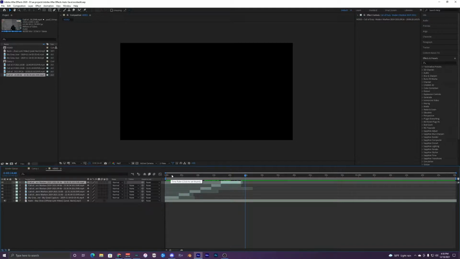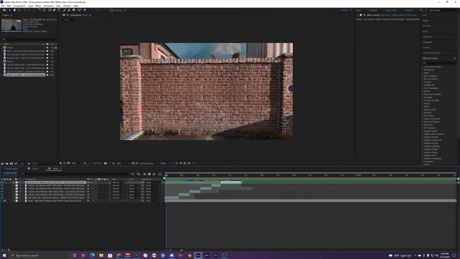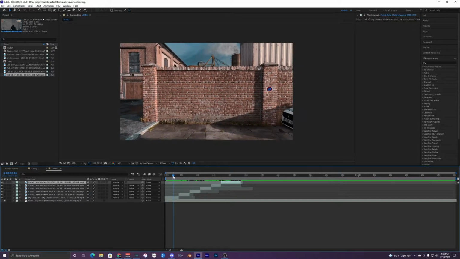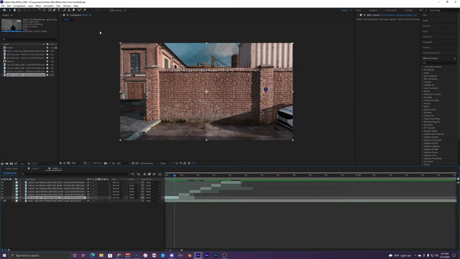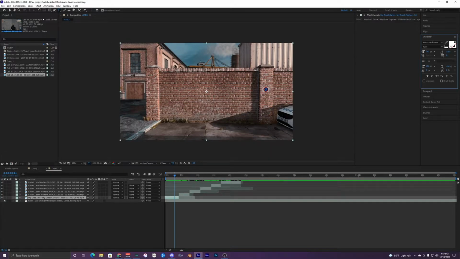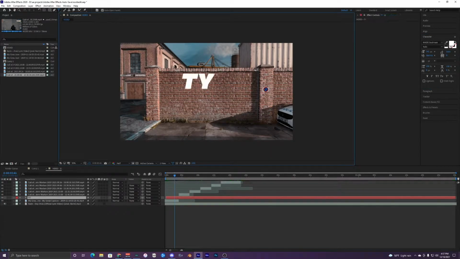It's literally just the clips matched to the song or synced with the song. But for this noob edit, I'm not going to be doing any time remapping, so no graph editor in this. And I mean, not really much. I can add this text right here, might make it pop a little bit more. Put Tylo here or something, so I could give that a shot. Let's grab our text. Tylo. Let's just